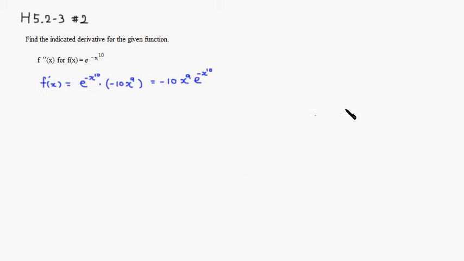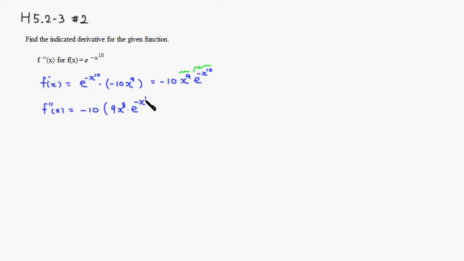Alright, so let's take another derivative. So f double prime of x, which is going to be, alright, so negative 10 is just a constant multiple, so I'll just put that in front. Then we're going to have to use a product rule because this is a product of these two things. Alright, so let's take the derivative using the product rule. Alright, derivative of the first, 9 x to the 8th power times the second, which is e to the negative